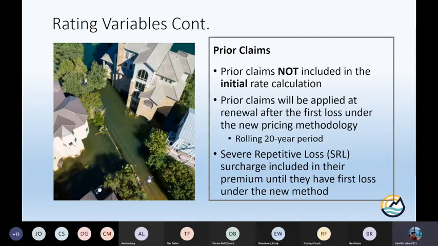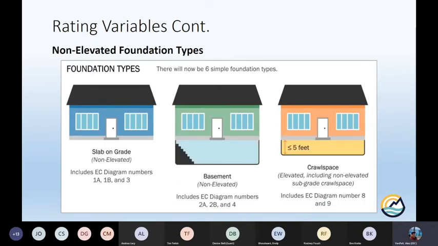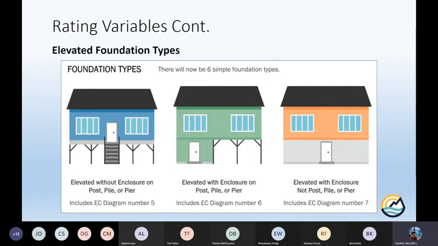Okay. Rodney had a question about it in my previous slide, so I'm going to go back. Which one was an elevated slab without openings? So Rodney, if I remember correctly, that's going to be the still slab on grade type. I'm not 100% sure, Rodney, so I'm going to have to get back to you on that. I know what you're asking, where you backfill a slab where it's elevated a foot or 2 foot or something like that, and I don't know. This is new to me too, so I'm still trying to figure out and get you guys the answers you need. So if I'm not able to answer your question, guys, I will follow up with an FAQ later on.